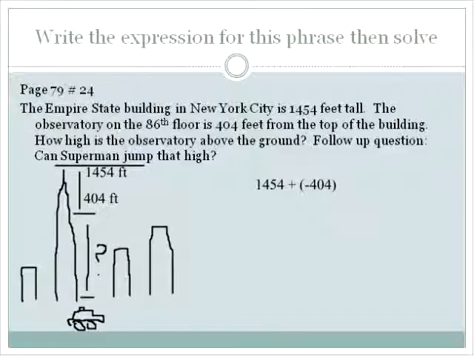And basically the way you do this, when you get a question like this, is that you'll just eliminate the parentheses, get rid of that plus sign. Okay? So 1,454 minus 404, and our result should be 1,050, if my math is correct, and it's usually pretty close to always sometimes is. Aha! I'll check with the calculator though, just in case. All right, so that is our final footage off the ground,